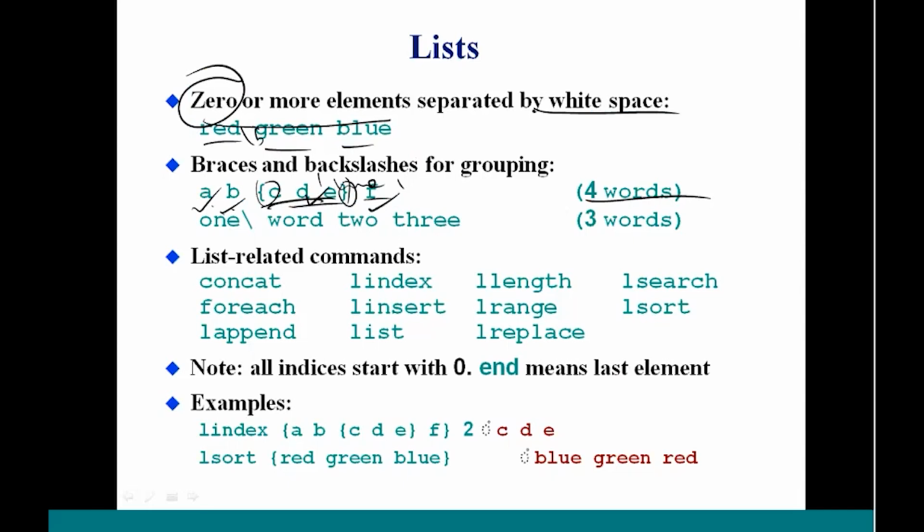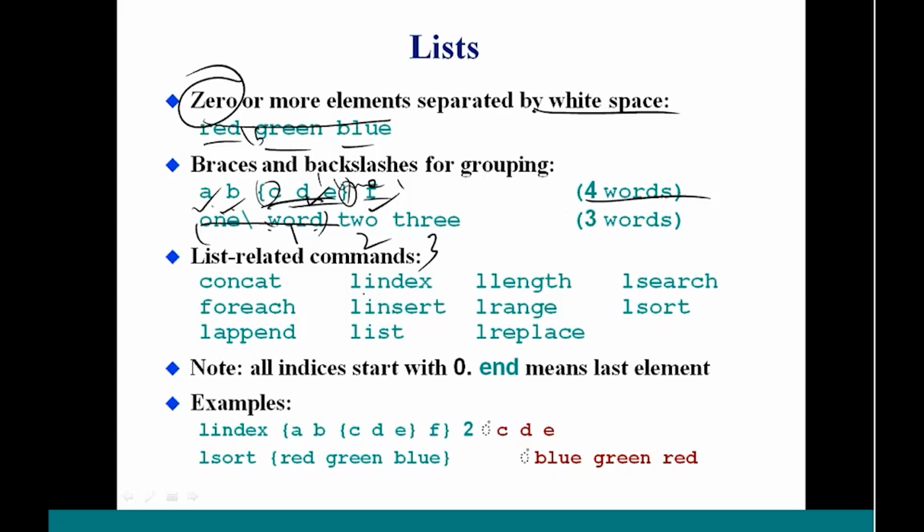Then we can also use escape characters for grouping. So here one escape and then space and then word. This is grouped as 1. So this is 1, 2, and 3. Only 3 words. Then we have some list related commands, which are all these things: concat, lindex, length, search,